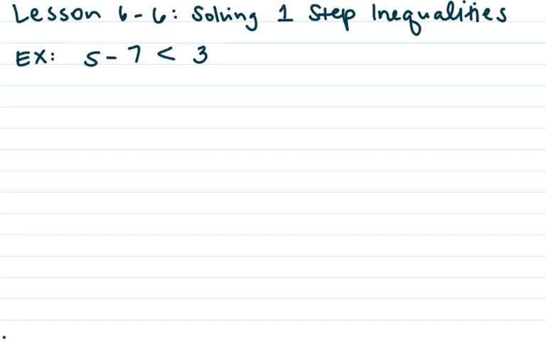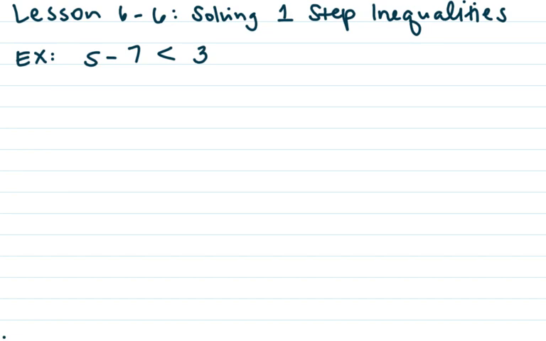This is lesson 6-6, which is solving one-step inequalities. You can solve inequalities when you need to find an unknown amount. For example, you can determine how close you are to meeting a goal in sports or business. So to solve an inequality, similar to solving an equation, you're going to use inverse operations to get the variable